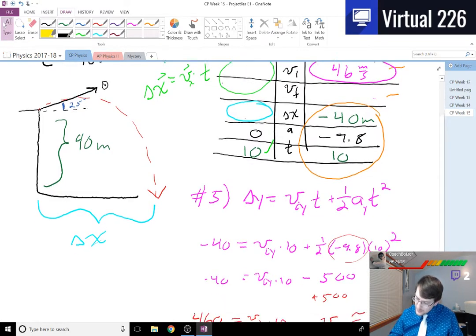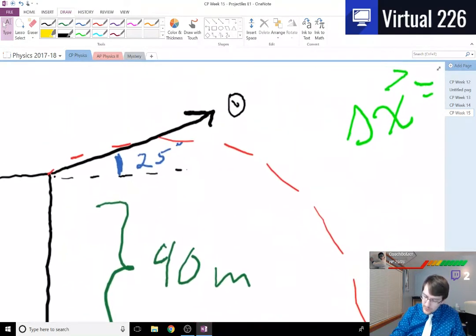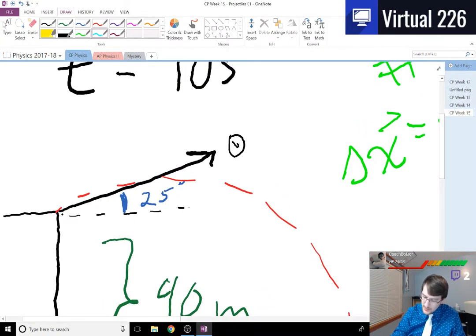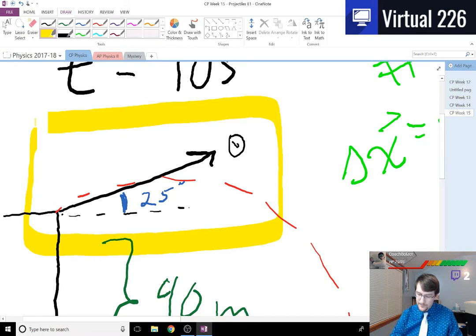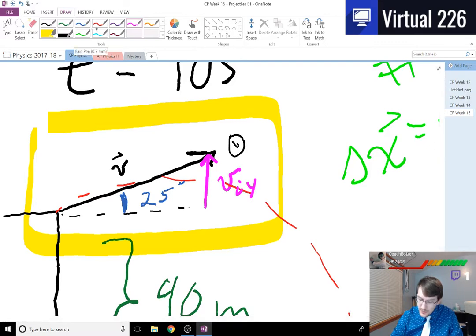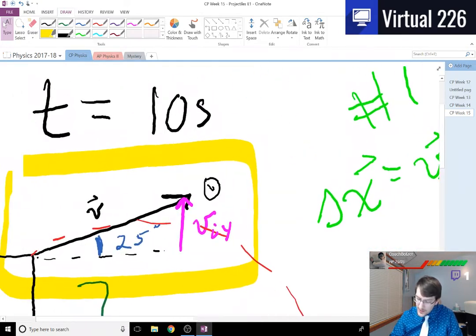So we think back for a second and recognize we do have a way. And it's right here in the initial launch of our bagel. We knew we kicked this bagel off at 25 degrees. And we know that this here was the actual velocity in which we threw the bagel. What we solved for, that 46 meters per second, that was VIY. And what we're trying to grab real quick is the x velocity,